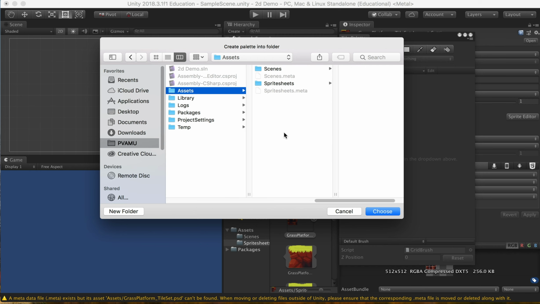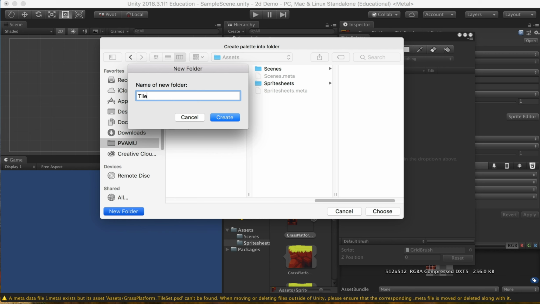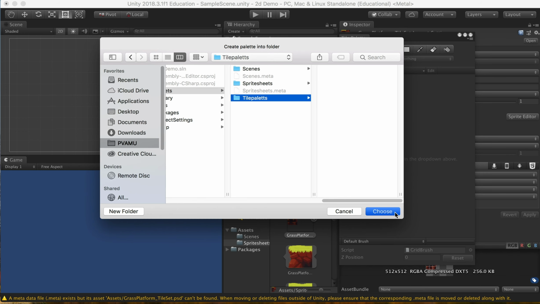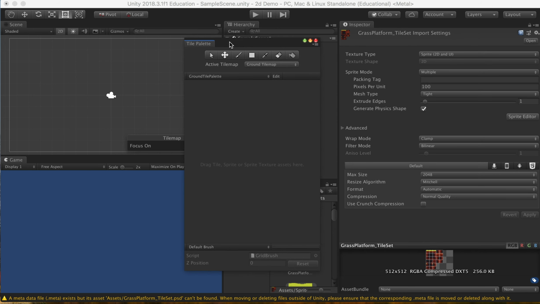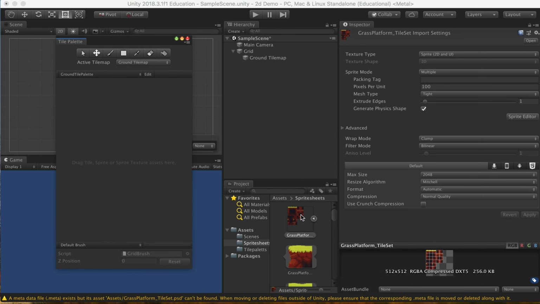I want you guys to create a new folder. Always use this tile palette folder to save all of your tile palettes. And we're going to create, and we're going to choose that, and then we are going to drag and drop